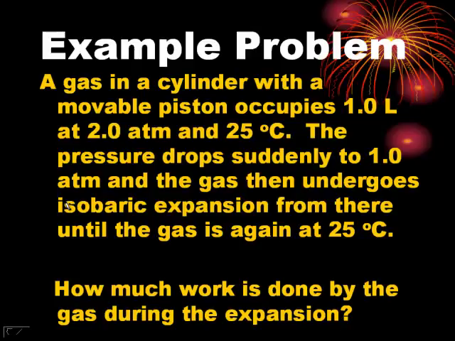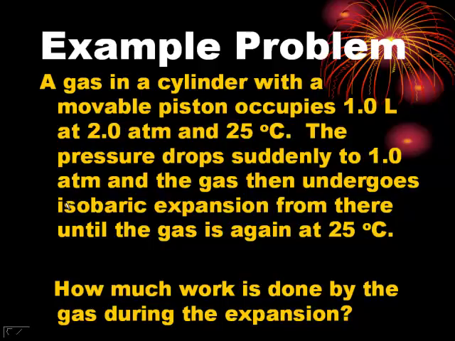Let's work on an example problem here, try and get a feel for work. And this will also teach us something about how we can get the most work out of something. A gas in a cylinder has a movable piston, so this is the thing that we've been talking about all through the day here. This gas occupies a liter, that's a volume, at 2 atmospheres, there's a pressure, and 25